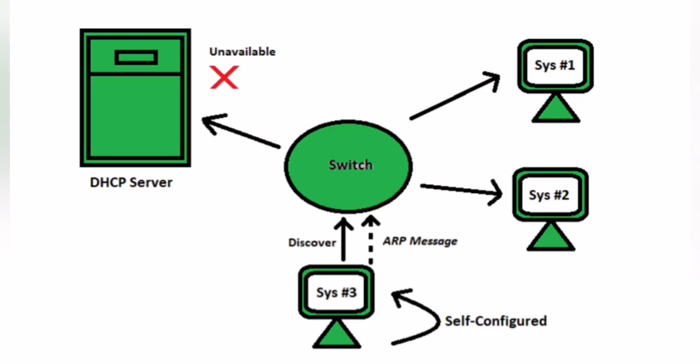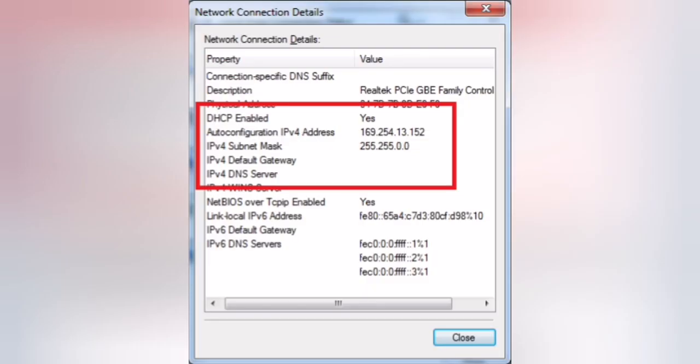Please, does anyone know my IP address? This packet will reach all the devices in your LAN, and only the DHCP server will accept this packet and then return to the requester its IP address. In case the DHCP server is not available, then the requesting device will take something called an APIPA,